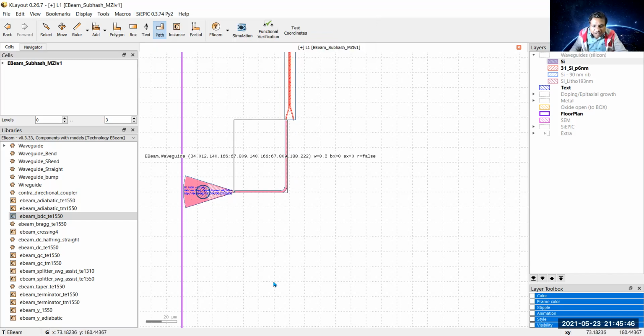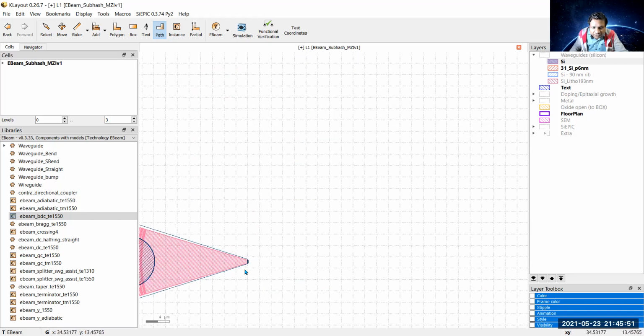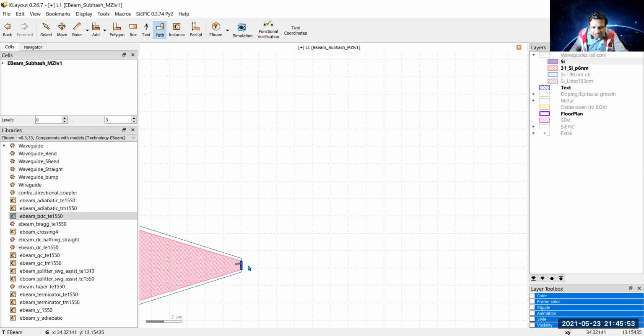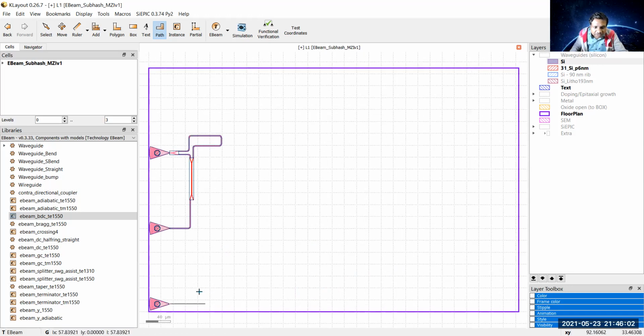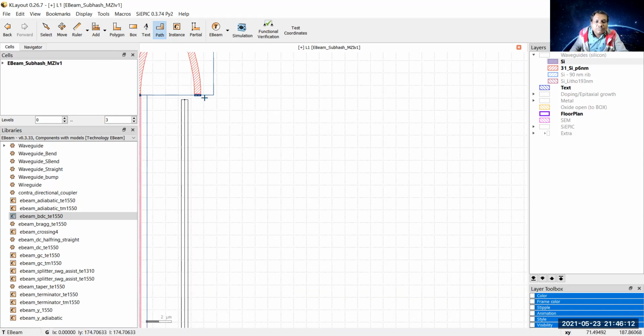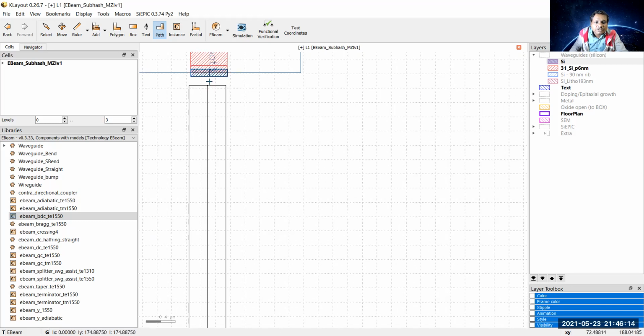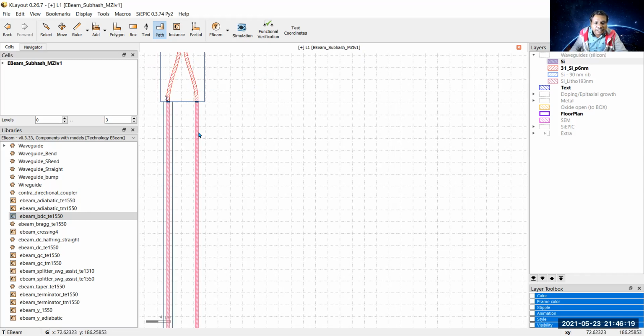Now make another connection from this grating coupler to this port of the broadband directional coupler. I click just here to the grating coupler. Press F. It is not visible. Now I zoom out and roughly click here, and zoom out and put it near this port 3, and after that I want to make the connection.